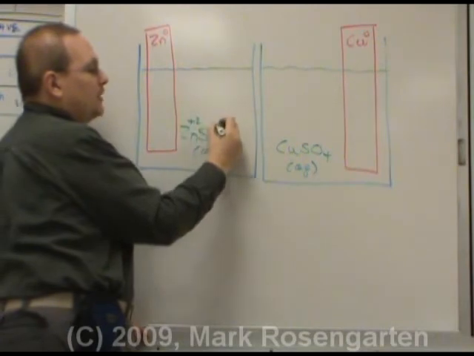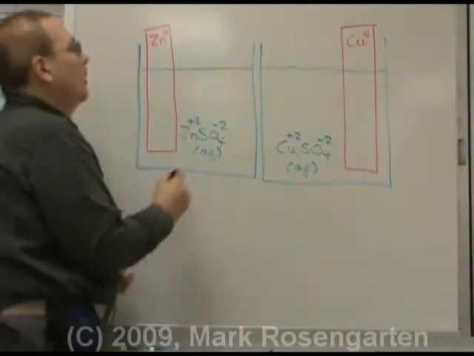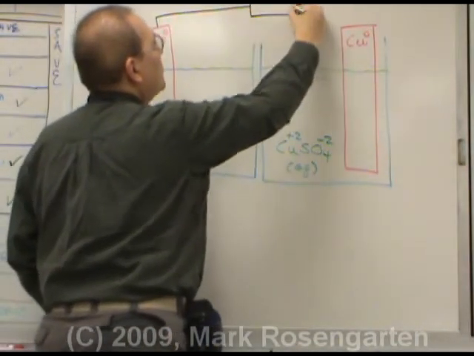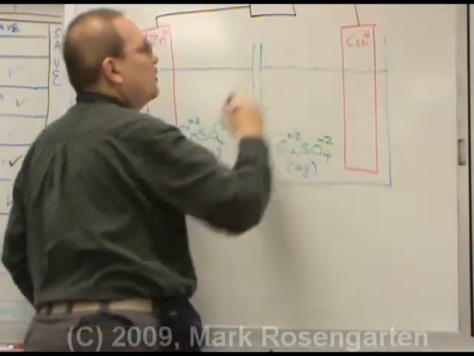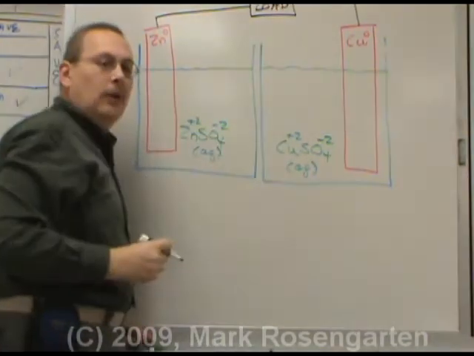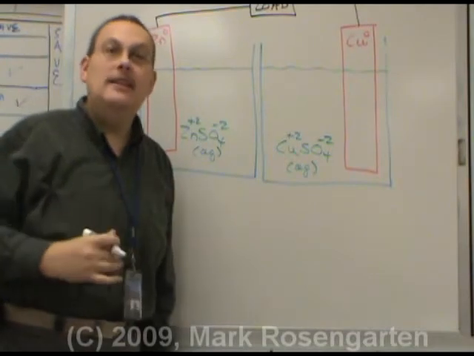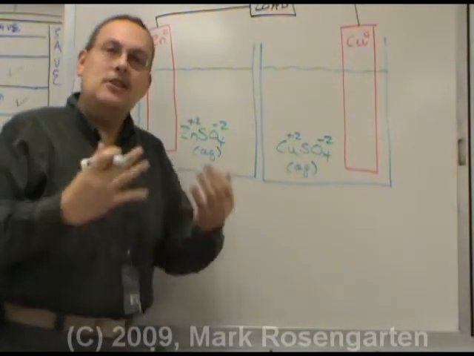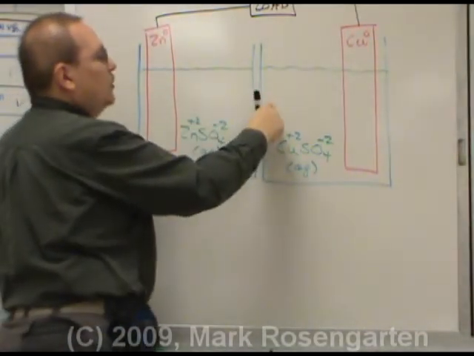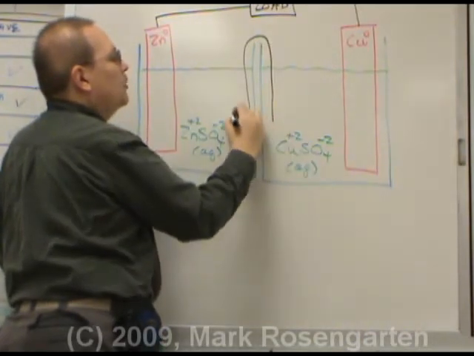This provides a source of zinc ions. This provides a source of copper ions. We connect the metal strips with wires to a device that's going to be powered by the electricity passing through the wires, our load. This load can be a voltmeter, or it can be anything that's powered by electricity. The camcorder that I am recording this on right now is the load, because it's using the electricity that the battery is providing. And to connect the two solutions, to connect the internal circuit, we put a salt bridge that